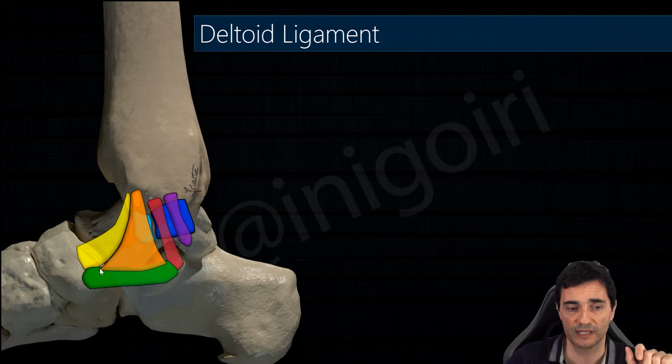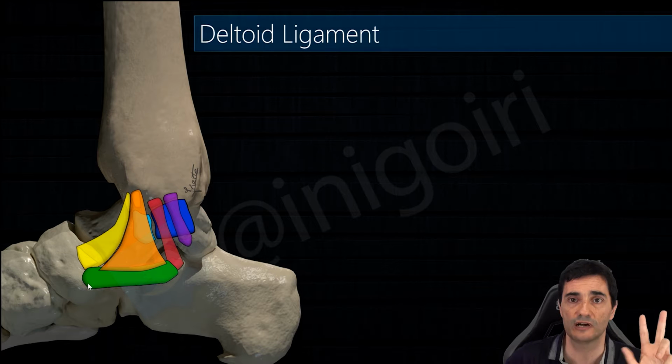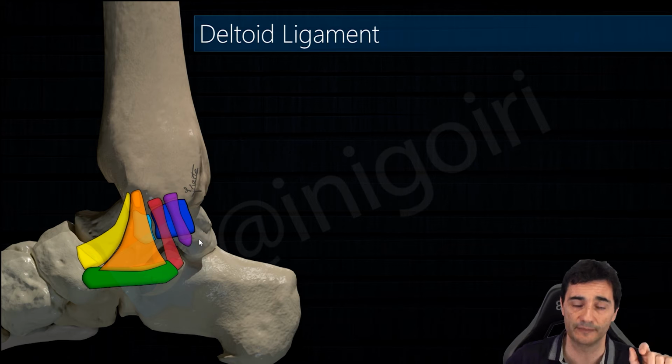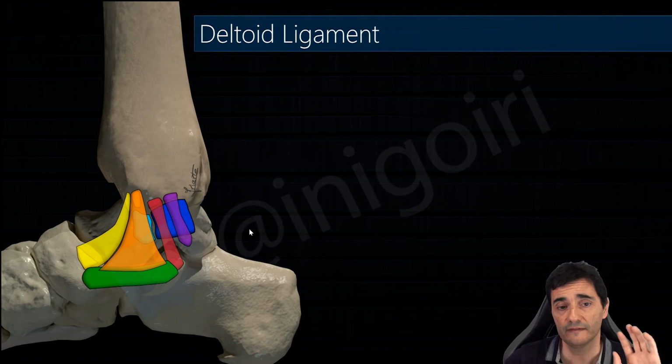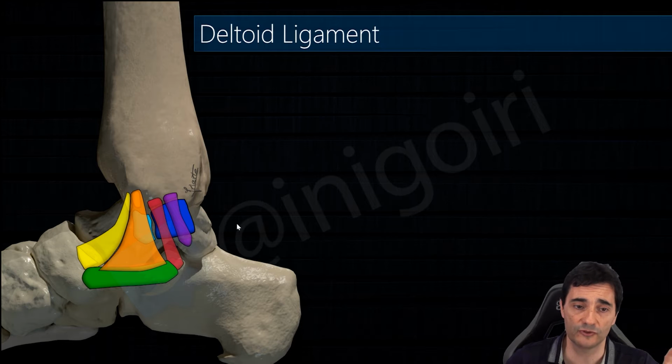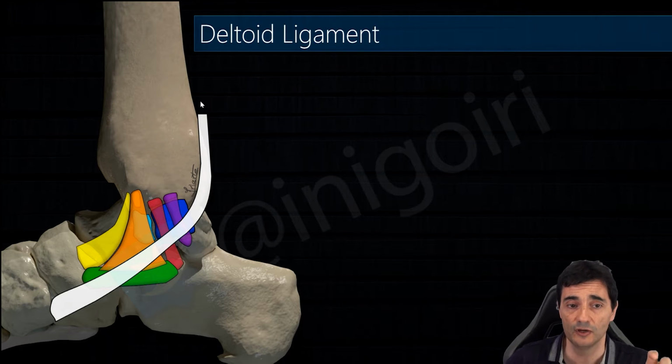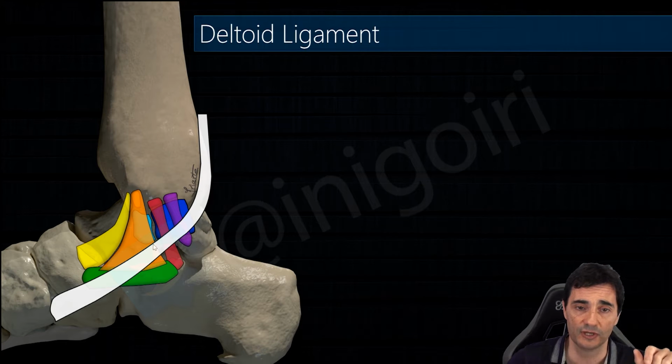Remember that the spring ligament is a ligament which crosses from the sustentaculum tali to the navicular bone, and the tibiospring ligament inserts in the spring ligament, also called the plantar calcaneonavicular ligament. Okay, and to finish, a very important structure to check all this, to locate all these areas and on its function, which is the posterior tibialis tendon, which crosses all these structures